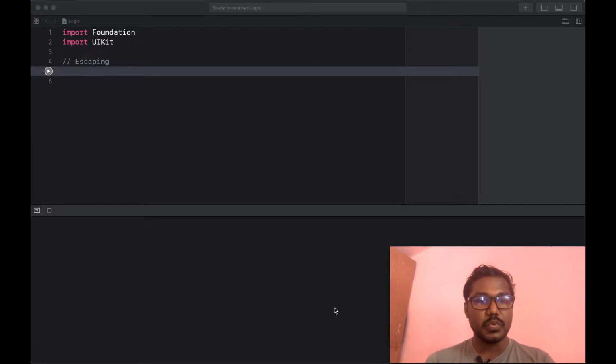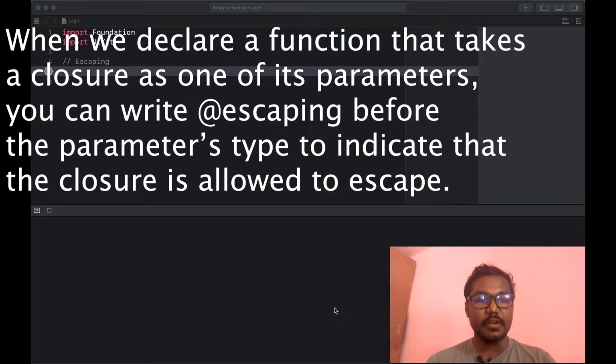When we declare a function that takes a closure as one of its parameters, we can set one of the parameters as a closure function. You can write @escaping before the parameter's type to indicate the closure is allowed to escape.